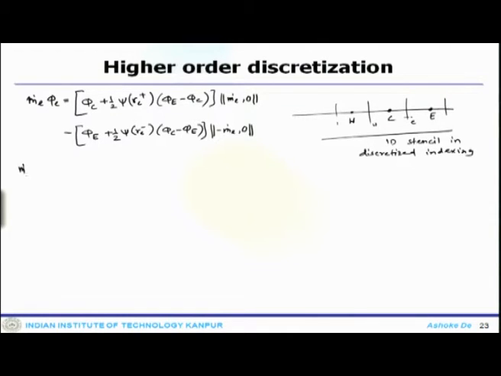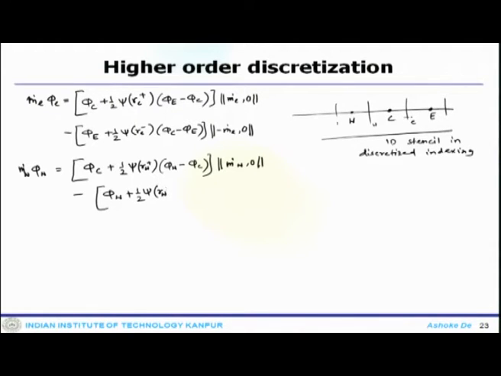and similarly m dot W phi W equals phi C plus half of psi(R W plus) times phi W minus phi C, which is for m W greater than 0, minus phi W plus half of psi(R W minus) times phi C minus phi W, for m dot W less than 0, like that, where